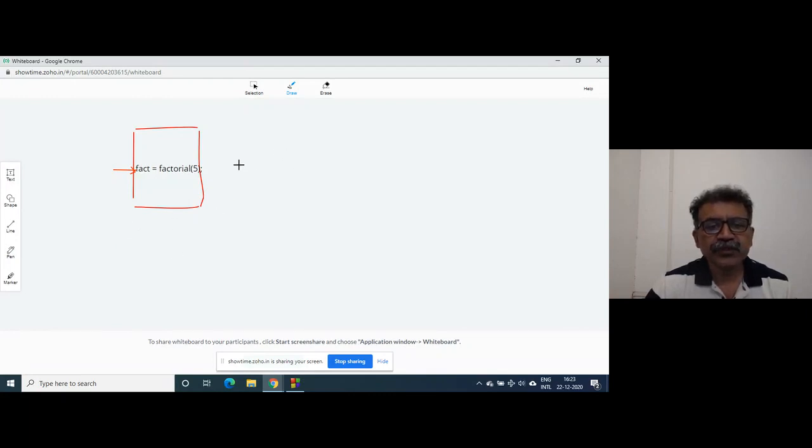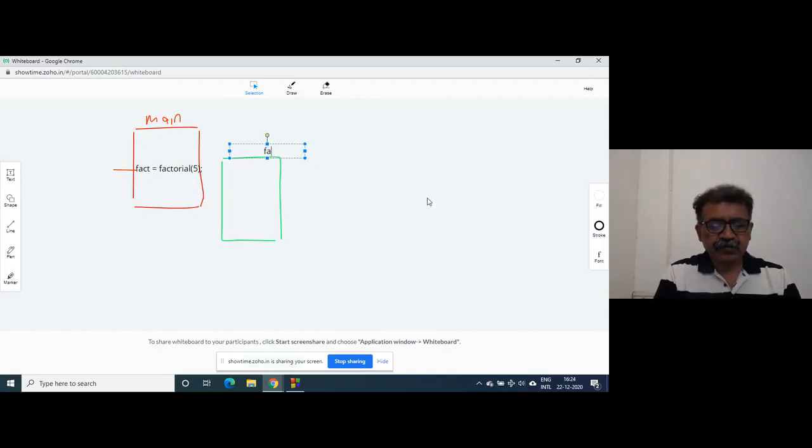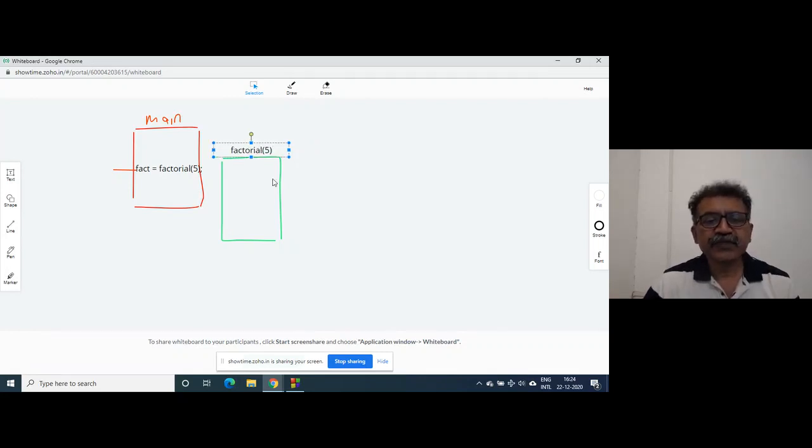So this is main function. This is factorial. I will write it in the text box. So this is factorial with argument as 5, right? So this function will be called.